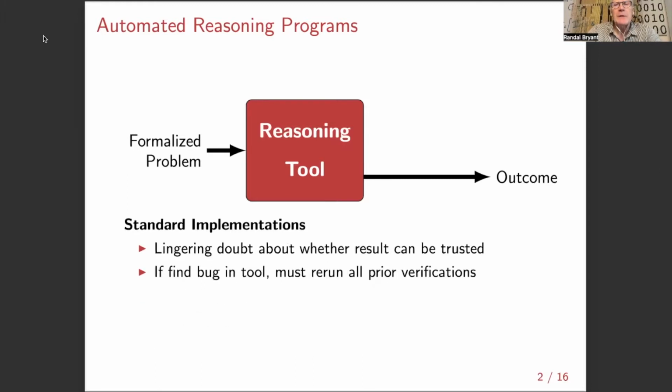There's a problem with the way we've implemented these tools historically, that we can't really be sure that the code is correct. In fact, there's a pretty good chance it's buggy, given how large and complex these systems can be. And so that always has produced in the back of my mind a concern. We say we're formally verifying this or that, but we're really not sure if the results that we're producing are correct. And so what does that mean for formal verification?